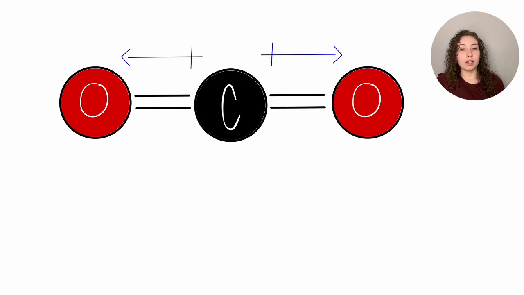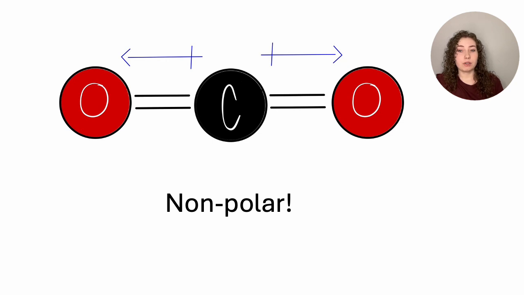Oxygen is a more electronegative atom than carbon, thus it draws the electrons closer to itself. We draw the arrows like this. As for the overall molecule, we can say that it's nonpolar because it is symmetrical. This differs from the previous example as the property means that the individual vector arrows are opposing directions and thus